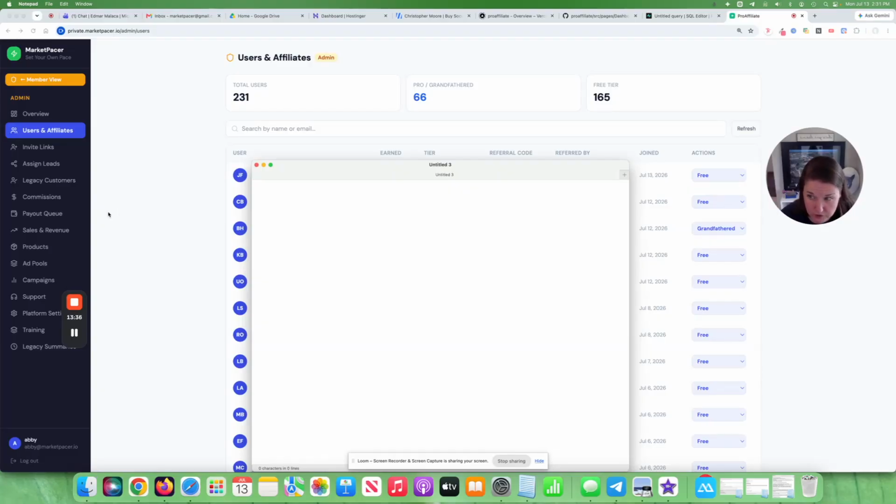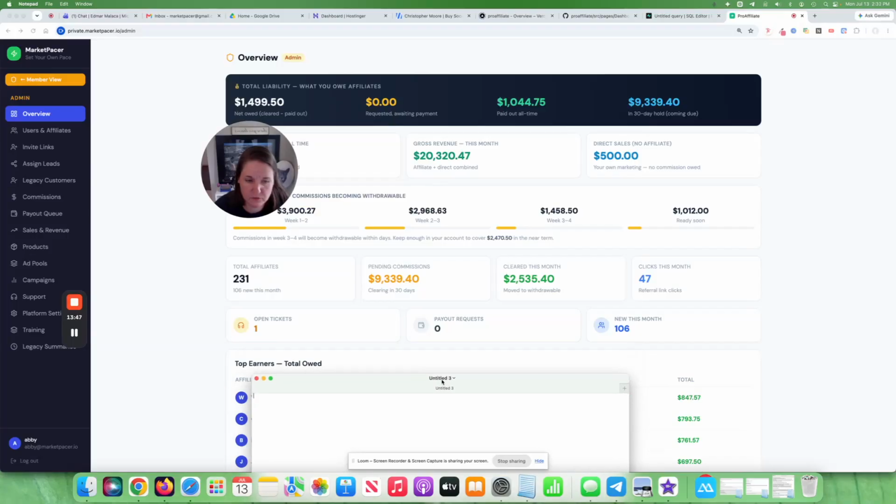And you can see right here, this is the actual dashboard of actual product sales. So, we have gross revenue for the month, the last 30 days or whatever. And then these are actual products that are actually being sold. So, like, here's our top affiliate right here. We've got a list right here. This is how much they've earned since June. So, like, just over a month, these are the types of earnings that people are making.